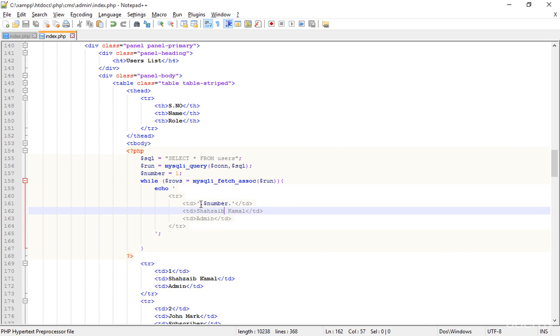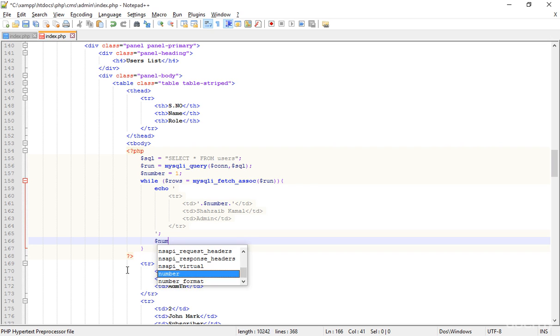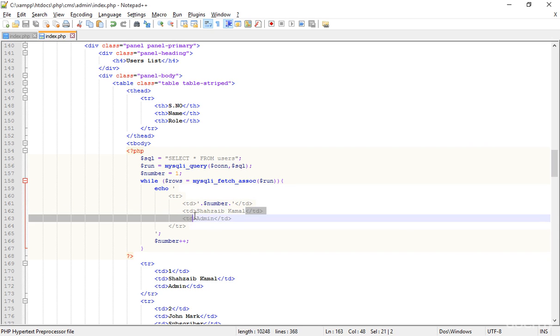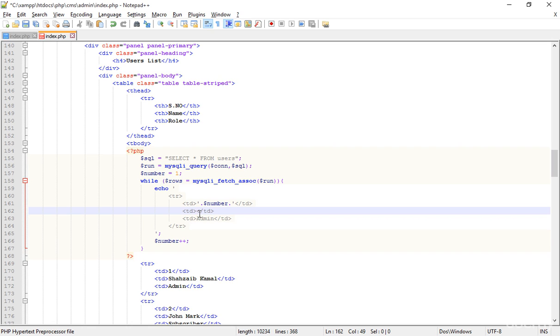Okay, so after this code inside the while, I'm typing number plus sign for incrementing after every loop. So this can be 1, and the second loop this can be 2, this must be 2. So here what I'm doing, removing this name Shuzaib Kamal and updating it to the real one, the rows, and then